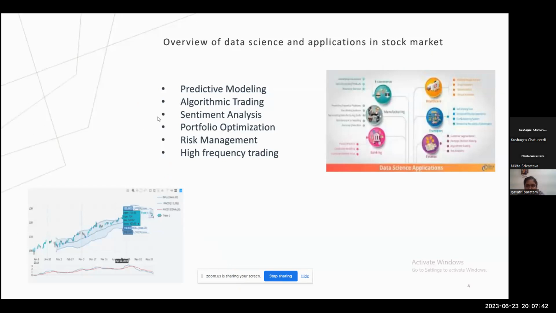As we all know, data science has a wide range of applications in many fields, and coming to the applications in the stock market, these are the applications: predictive modeling, algorithmic trading, sentiment analysis, portfolio risk management and high frequency trading. Coming to predictive modeling, it predicts using historical stock market data, whereas in algorithmic trading, the trading decisions are made automatically based on predefined rules,